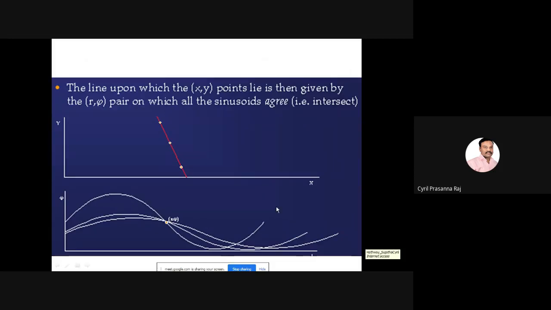Suppose you have an image like this after getting the Hough transform. If there are 30 sinusoids at one intercept point, it implies there are 30 points available in a straight line, and all the 30 points are part of the straight line. Suppose you have an intercept here and one more intercept somewhere, but on this intercept there are 60 lines, and on this intercept there are 30 lines.